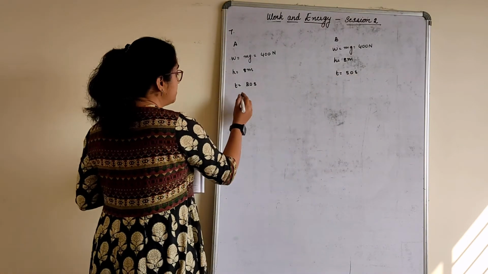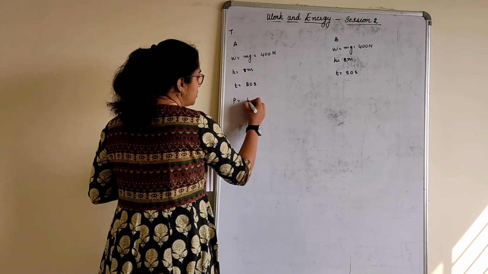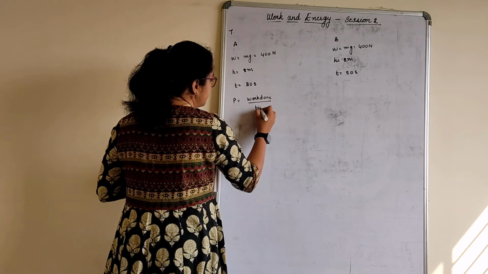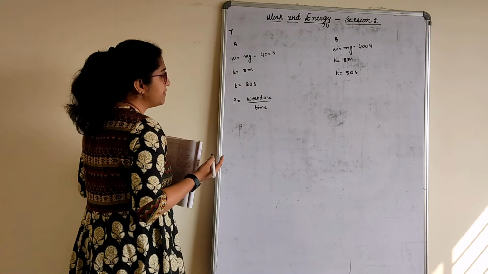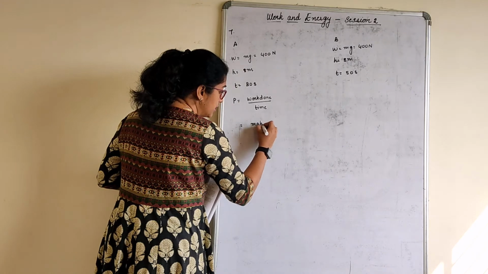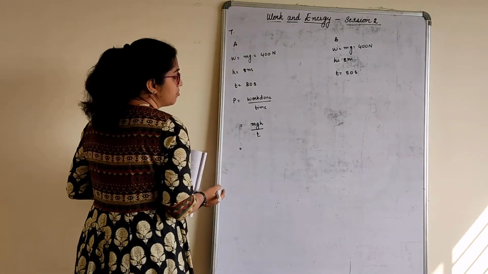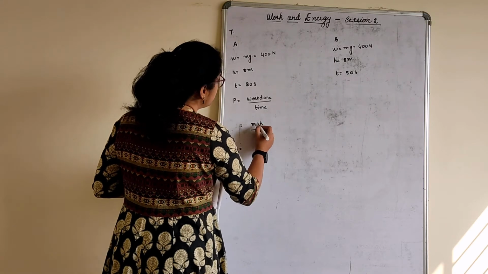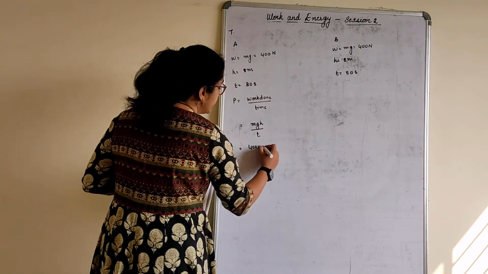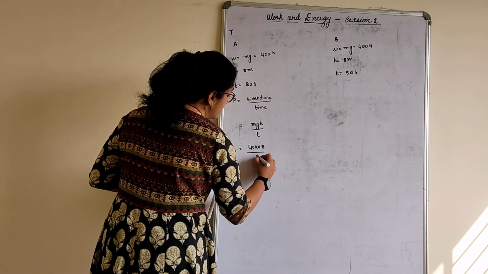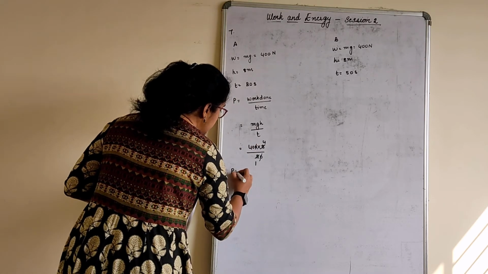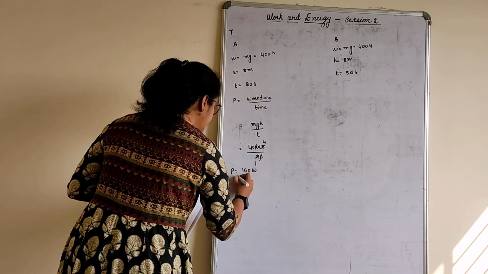Now what we have to find here? Power. Power is equal to work done by time. Now with respect to work done, how do we write? We write work done as mgh divided by t. So what is mg? 400. Totally what we have here is 400 into height, 8 meter, divided by time, 20. 2 ones are 2, 2 fours are 8, 4 fours are 16. 160 watt.